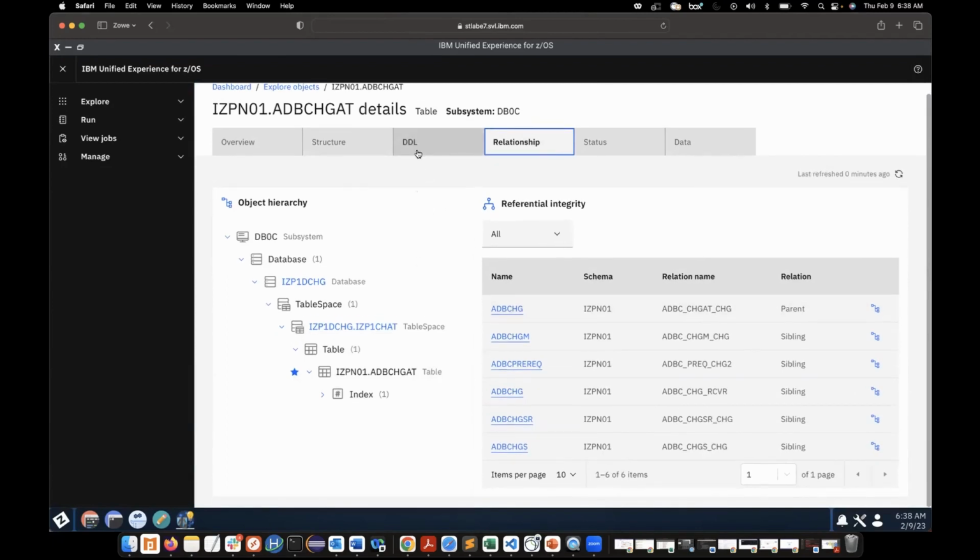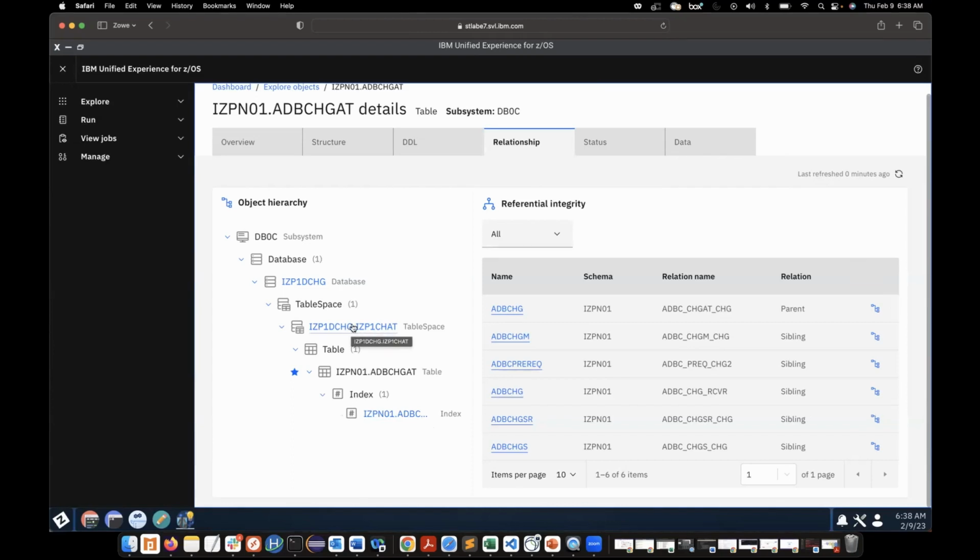You can even copy it and put it into the editor to run it with modifications if needed. The object hierarchy shows where in the hierarchy of the subsystem this object sits, and how this object is related to its dependencies, all of that. And everything here is linked, in the sense that I can click from here to land on the dashboard for that